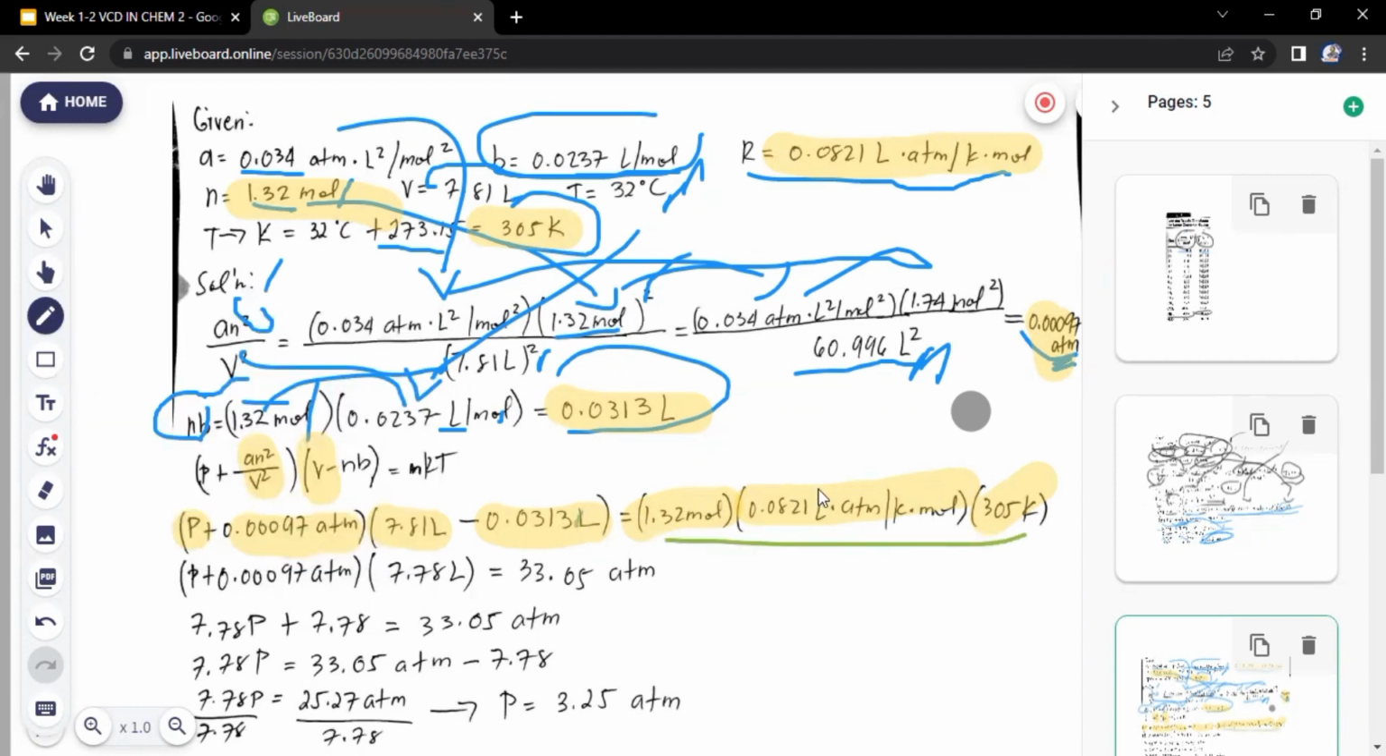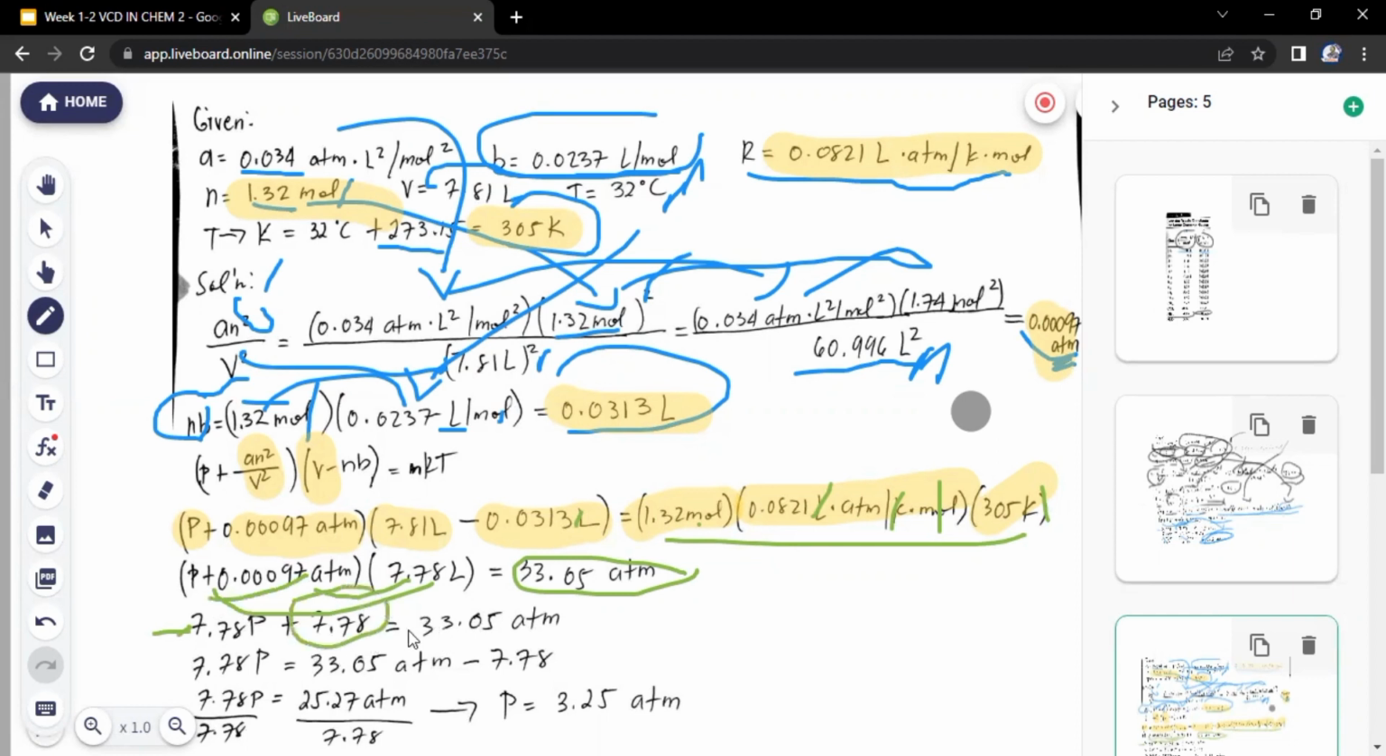Multiplying that, you can cancel the units already. Cancel that. You will be left with Kelvin, cancel. You will be left with 33.05 atmospheric pressure. And then the next thing that you need to do is distribute the multiplication. P multiplied to 7.78, you will have this one, 7.78 P plus 7.78 multiplied to 0.0097, you will have this